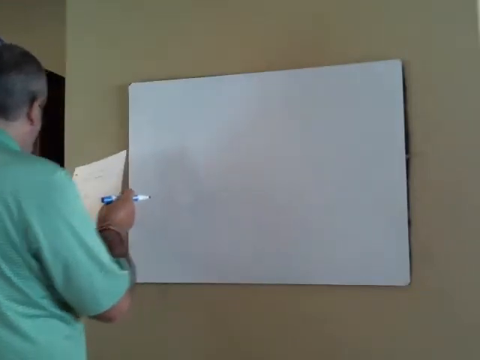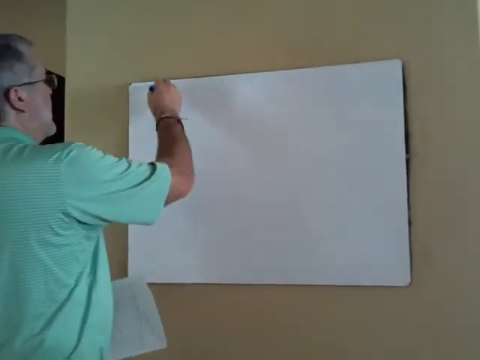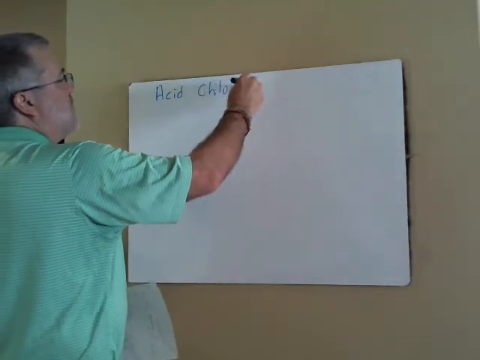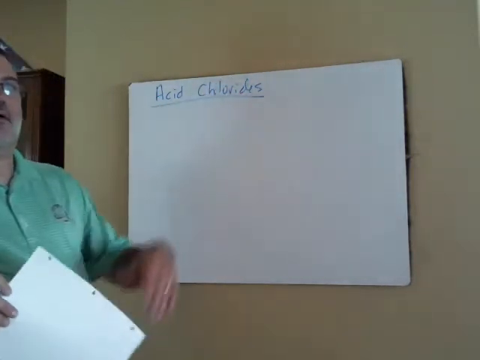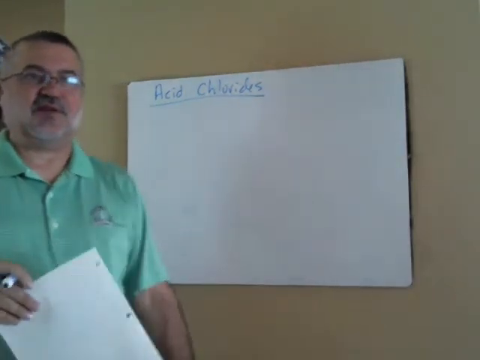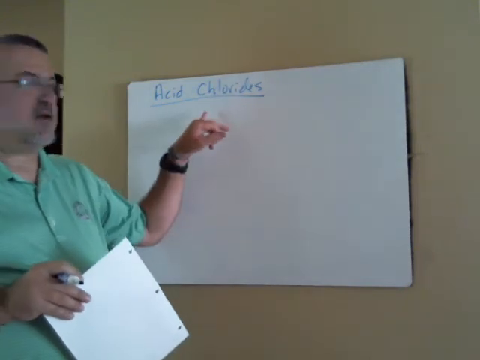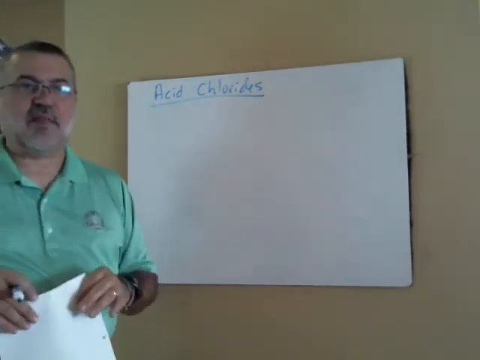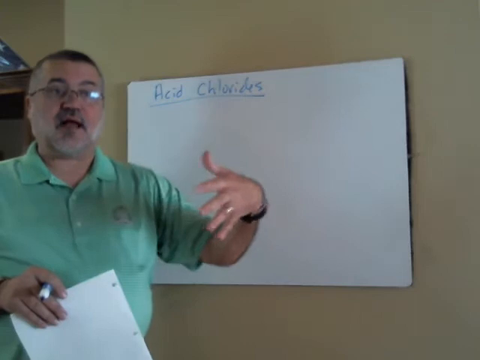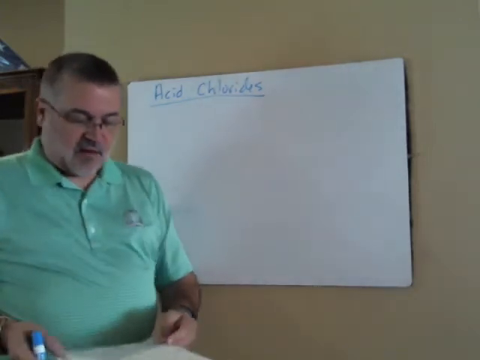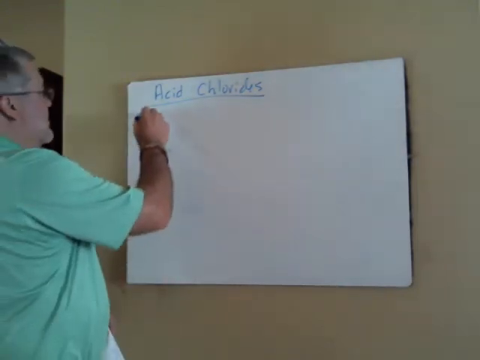Okay? Now, the next functionality we want to talk about is acid chloride. So now we have gone from carboxylic acids and their reactions, and now we're really into the carboxylic acid derivatives, because now we're going to talk about acid chlorides. And so we're going to talk about how to prepare them, and then we're going to talk about the reactions they undergo. Okay, but you can see where the redundancy is going to come in here,